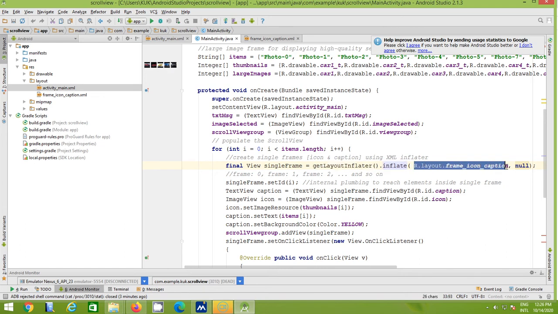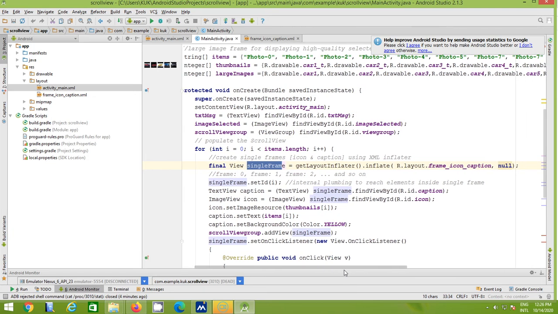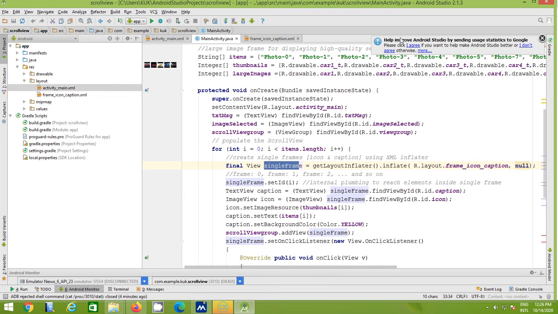So that is the XML file, and that XML file will be converted into a view. That view name is singleFrame. You have 8 images, so a total of 8 frames will be created.